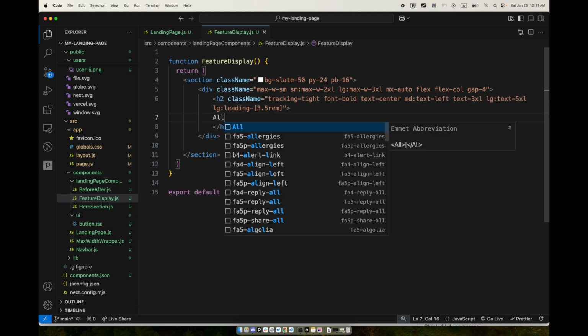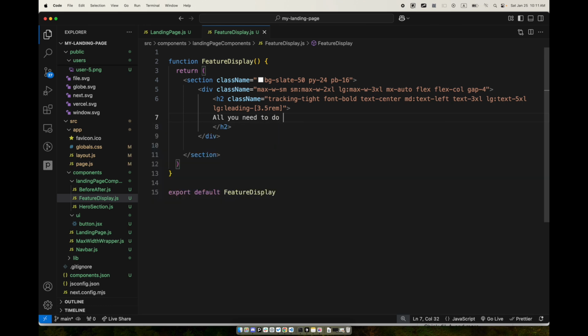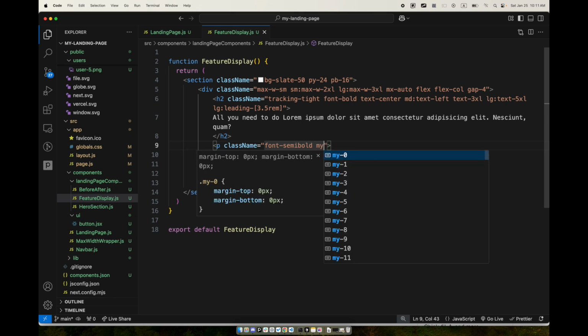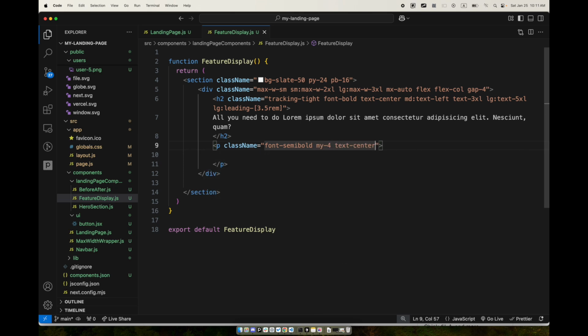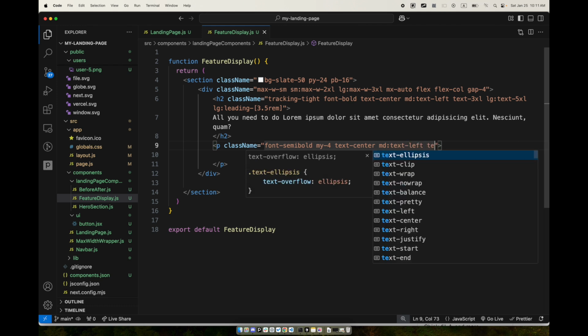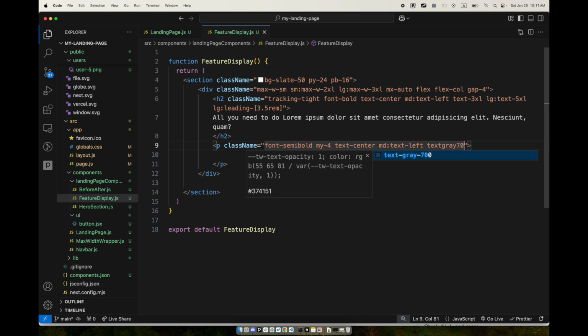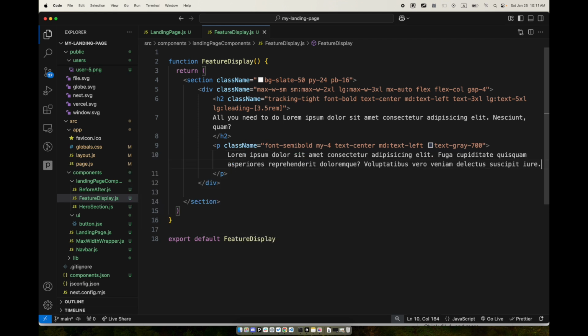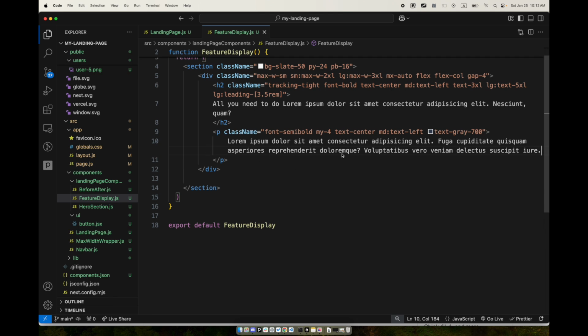And here says all you need to do whatever you need to do here. And below the h2, let's open a p tag with class name of font semi-bold, margin Y 4, text center, on medium and above, text left, text gray 700, and let's say lorem, you can do lorem times 20. It's gonna give you a bunch of lorem ipsums, but of course you would want to put your actual sales